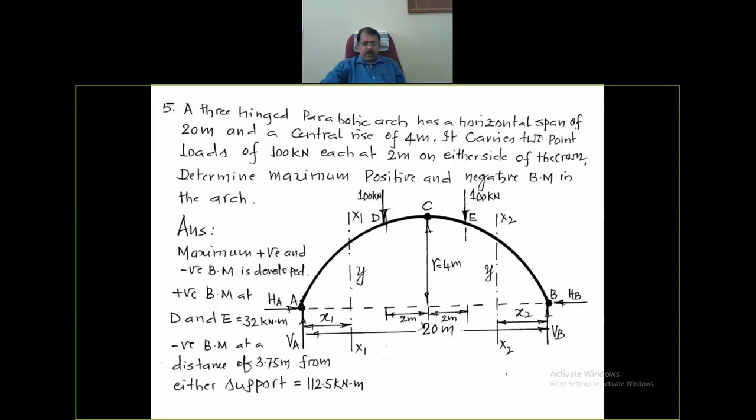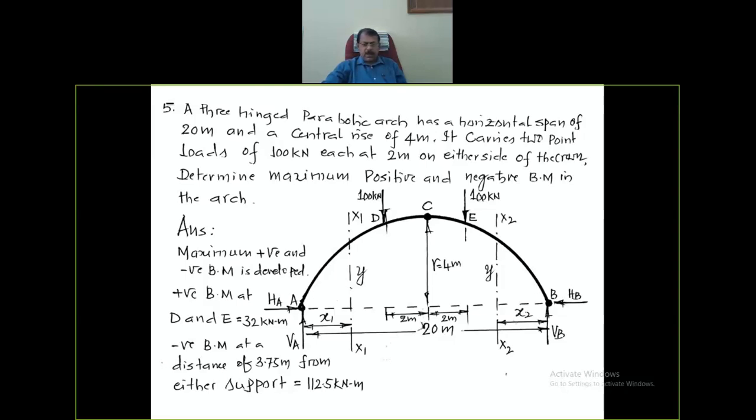Here I am giving only the answer. I would not give the entire procedure for solving this problem, because this problem is similar to the earlier problems that were discussed already. In order to calculate the horizontal thrust and vertical forces developed at the hinges of the arch, use laws of statics or equations of equilibrium, calculate the value of VA and the value of VB at the point A and at the point B. Further, calculate the value of the horizontal thrust.